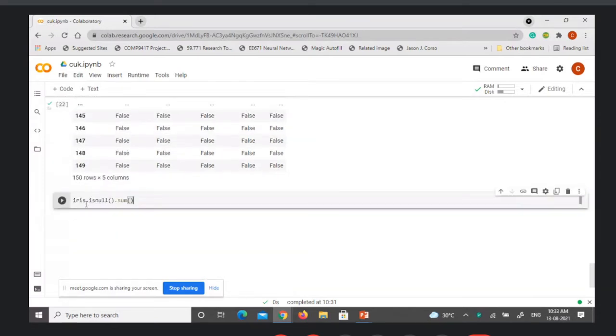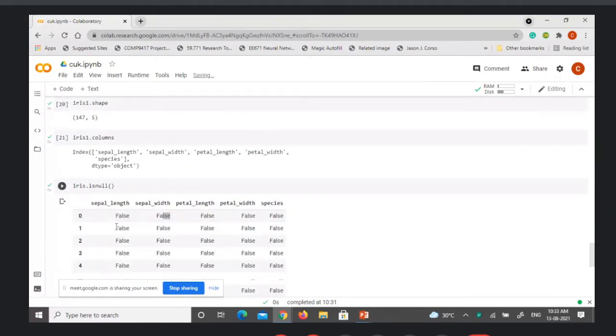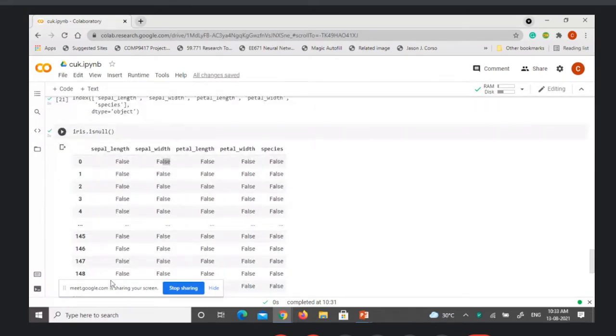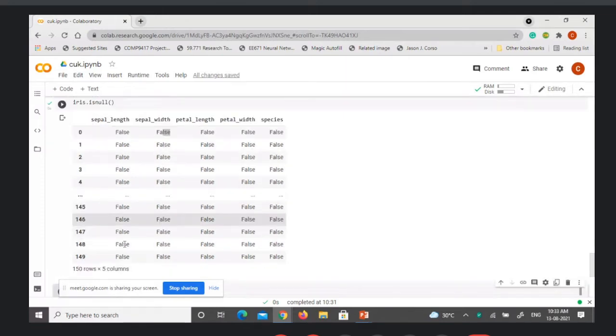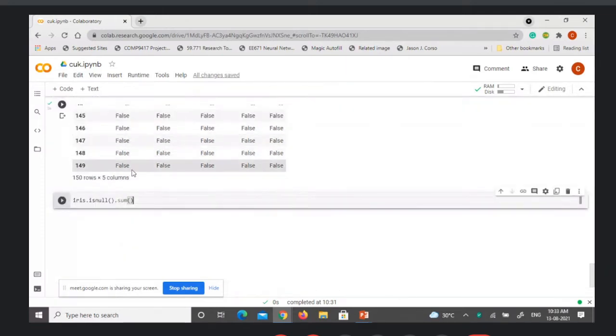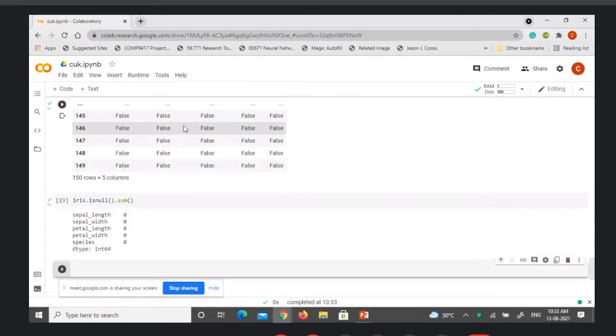So when I say iris dot is null dot sum, it will calculate the sum on every column. If the sum is 0, then I can understand that there is no null value present. But if it is a non-zero value, then we need to see that there is a null value present.